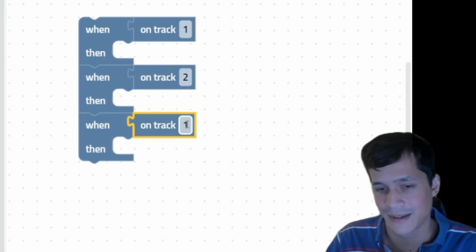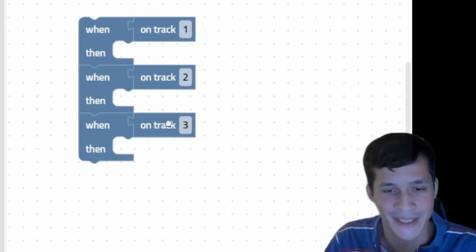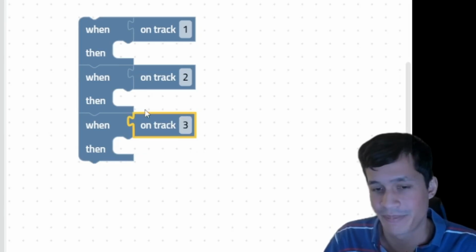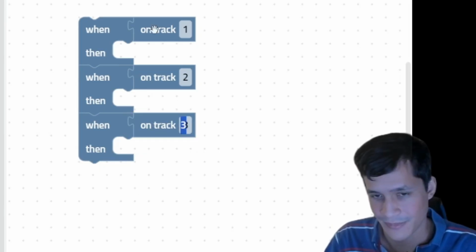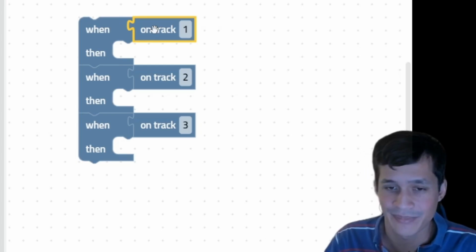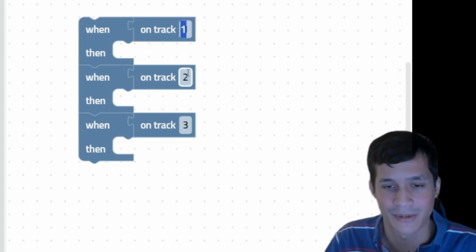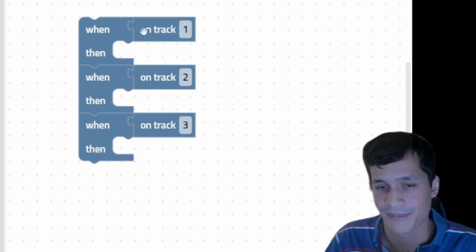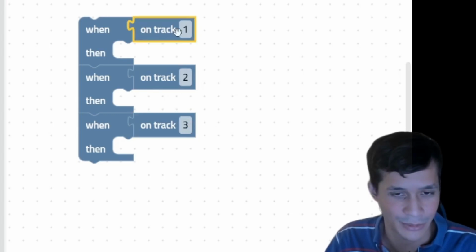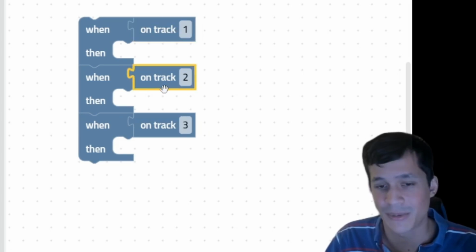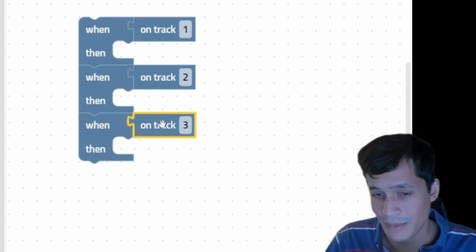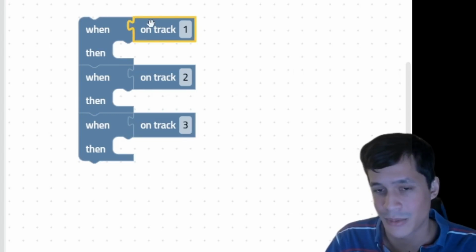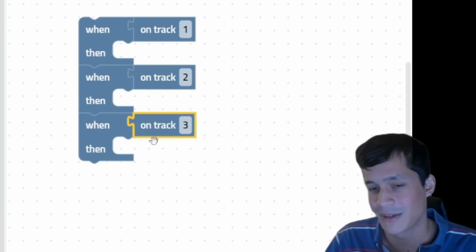The on track will depend on the highest on track within your game. For example, we have 3, and each team will be labeled as one of the on tracks. So if on track 3 is the maximum, then the first team will be on track 1, the second team will be on track 2, the third team will be on track 3. What about the fourth team? The fourth team will be on track 1, fifth will be on track 2, sixth will be on track 3,